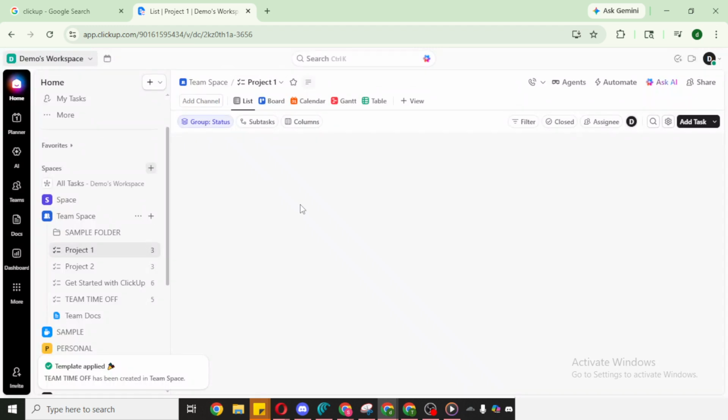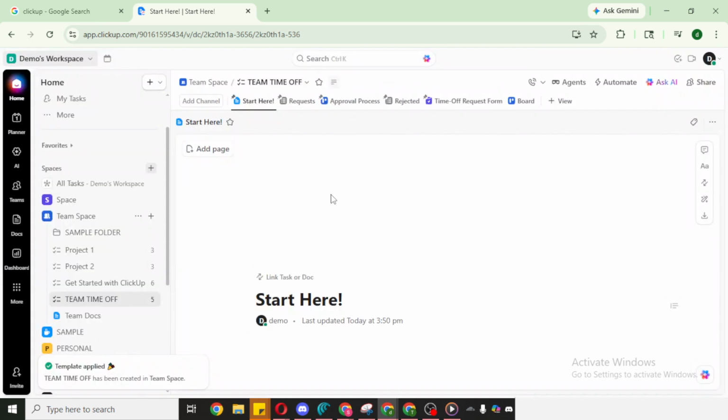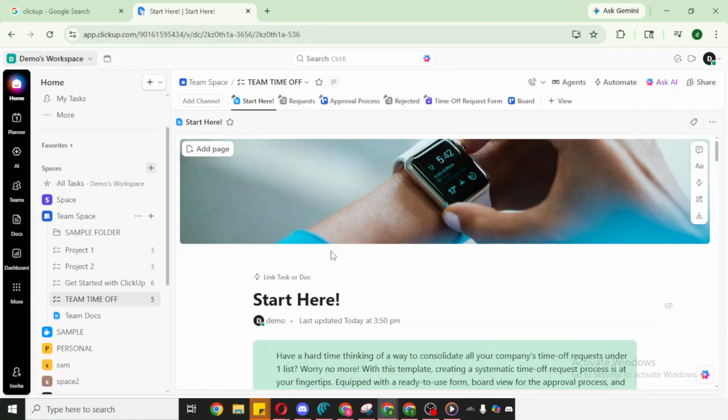For example, a calendar view makes it easy to spot overlaps, while a list view helps you filter by status or department. You can also refine task layouts to highlight critical info at a glance. Reorder fields, set default assignees for approvals, and color code statuses to increase clarity. If your team prefers a specific naming format for requests, like time off, employee, start date, set that expectation in the description so submissions are consistent.